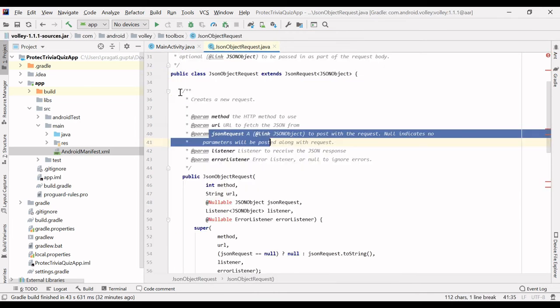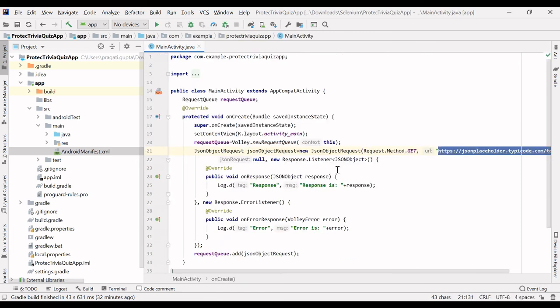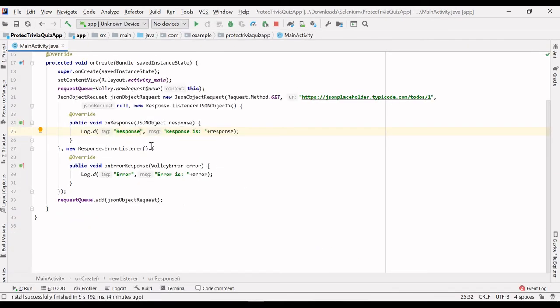Just close this, and let's close this as well. First provide some meaningful names: the tag is response message, and the tag is error message.